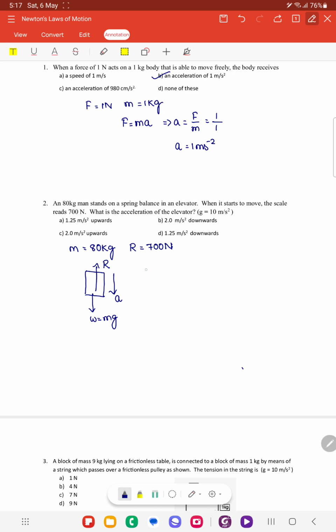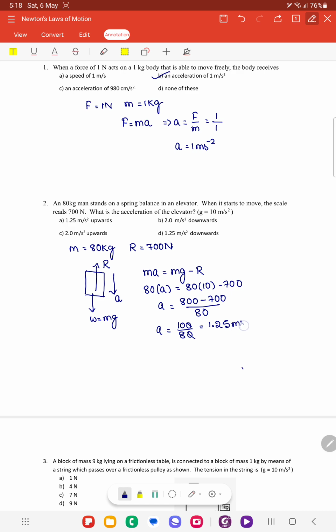Therefore, the net force m into a is equal to mg minus R. Substituting the values, we have 80 into a is equal to 80 into 10 minus 700. So acceleration a is equal to (800 minus 700) divided by 80. That is, a is equal to 100 by 80, that is 10 by 8, which is